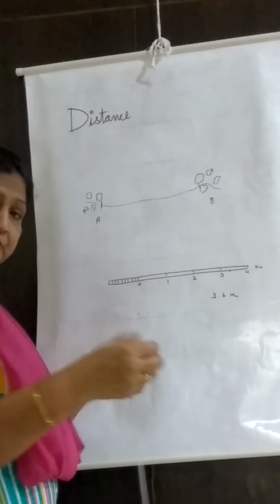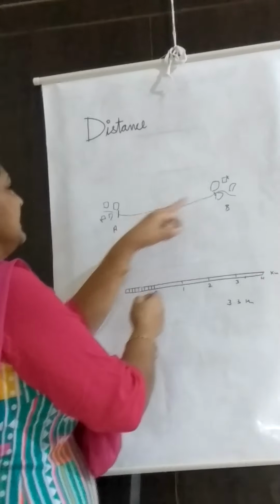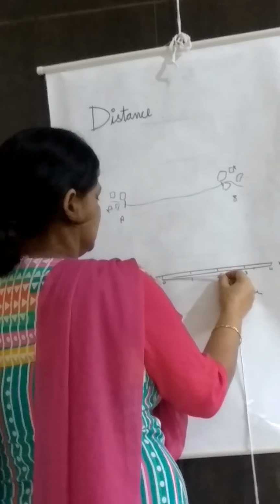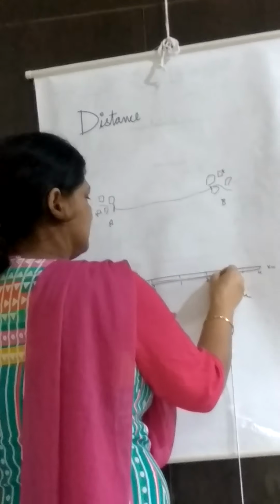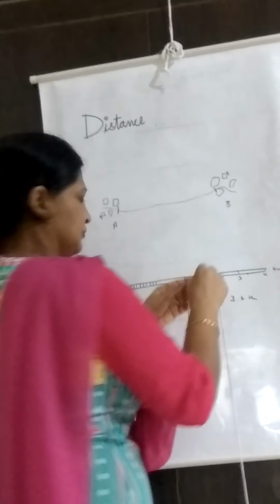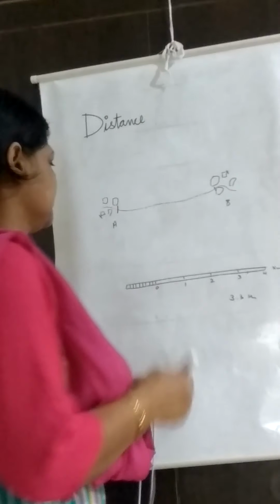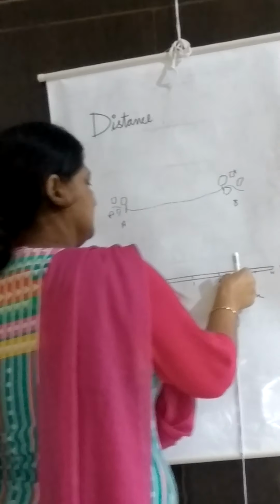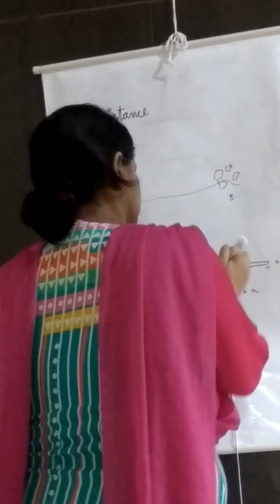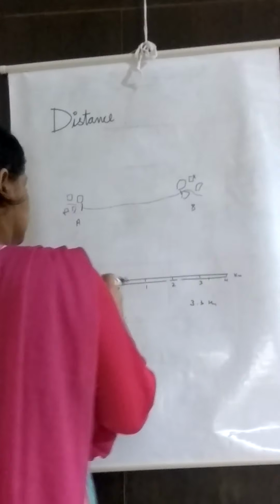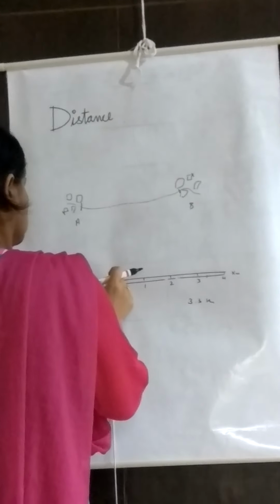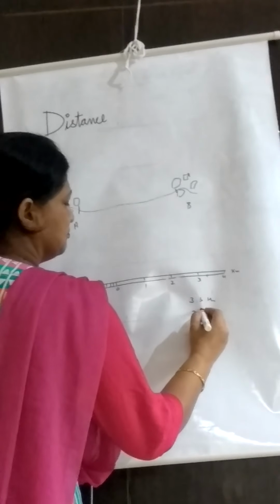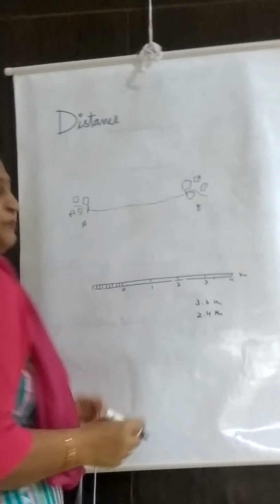Now we have got two points, the starting point and the next point, on the thread. Now this thread will be kept again on the scale the same way. It was coming to somewhere around 2 point something. Again we mark it, and we take it to 2 point something more. So again we mark at the point of 2, and that will be 2.4. It is 2.4, so it will be 2.4 kilometers.